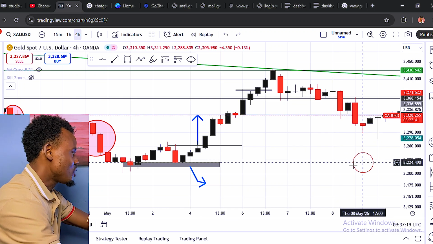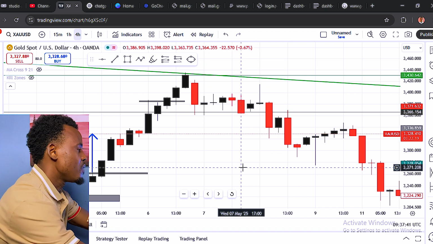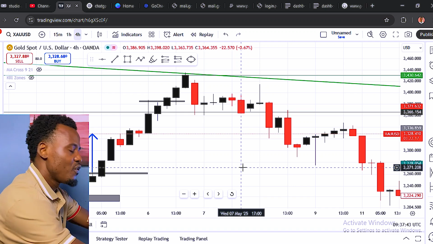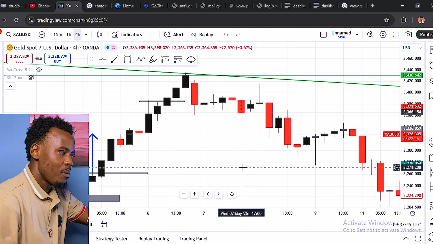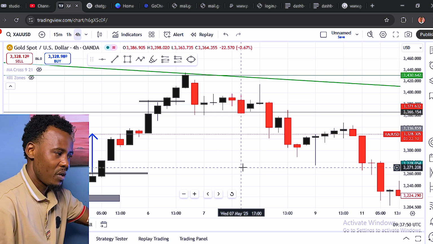So let me show you the last example. In the law of Forex, if you see price coming downward massively, it's really going to keep coming down unless something happens. That's exactly what I want you to understand. And if you see price going back up massively, price will keep going up unless something happens. Do you understand? That is the law, and always keep the law in your mind.